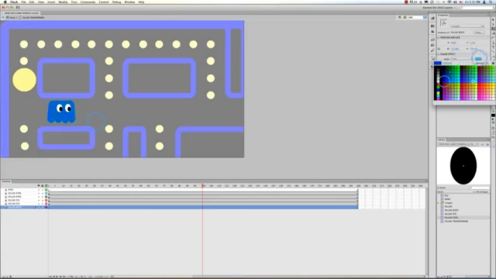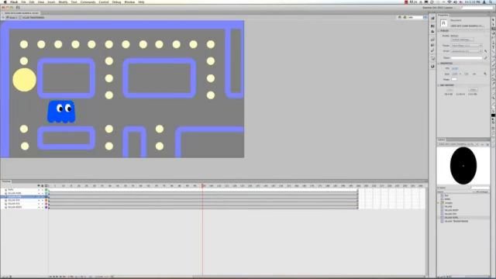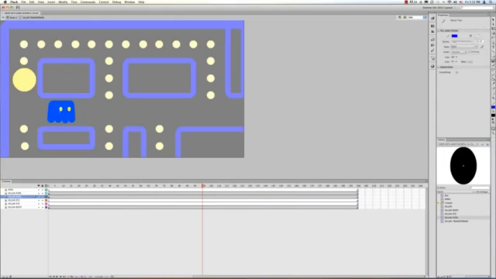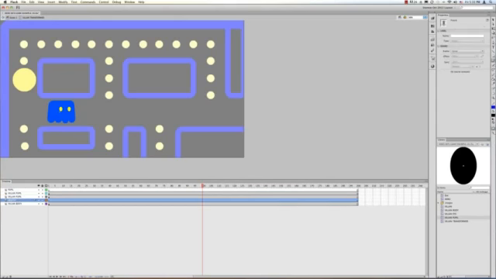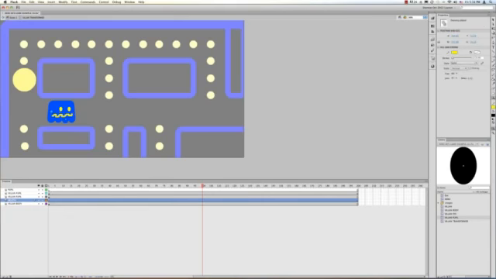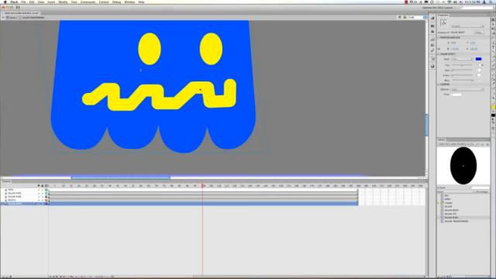So now the character on the new layer is a brand new symbol with a brand new name in the library. So I can do whatever I want to with that character and not affect the other instance of the character. It's a brand new instance of the character with a brand new name. So what I'm going to do is